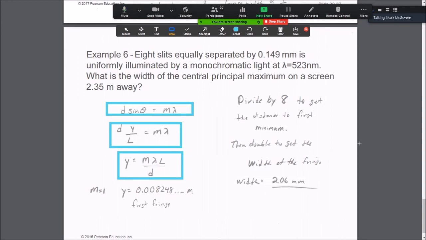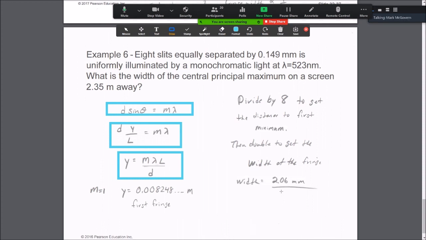So what did I do? I got my lambda here, I got my L, I'm worried about my D here. The D that I'm working with here is based on the width. The idea here is this. If I want to know the width of the central maximum, then I have to consider what the complete destructive interference is on either side. I'm going to choose an m value of 1, okay, and realize that my width here,